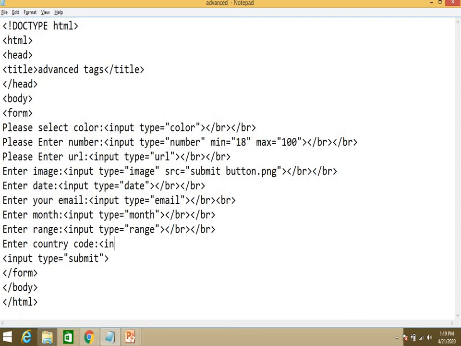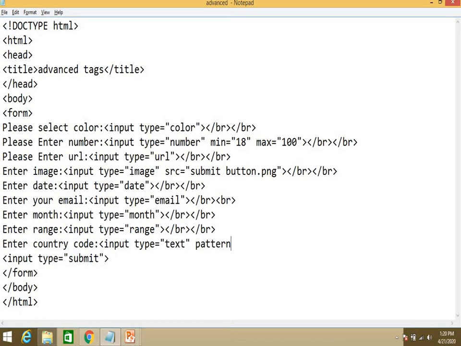So input type equal to text. Don't give the value here, we'll put the value later on.